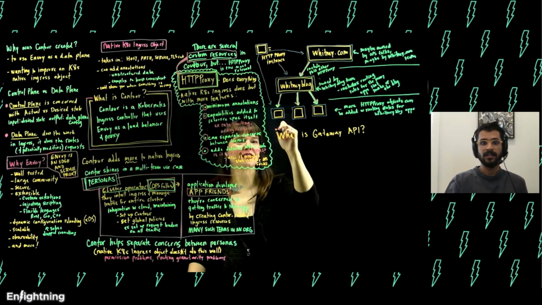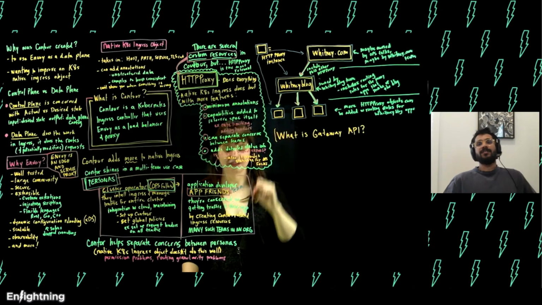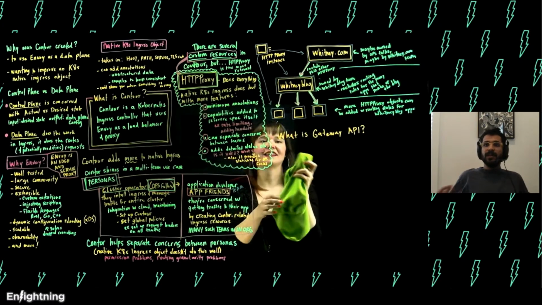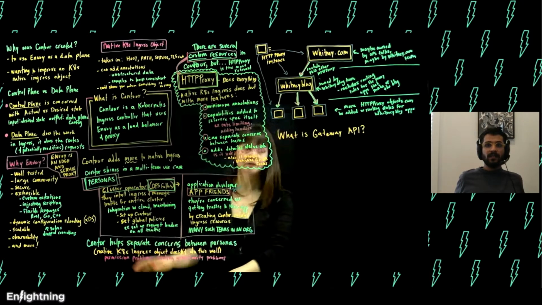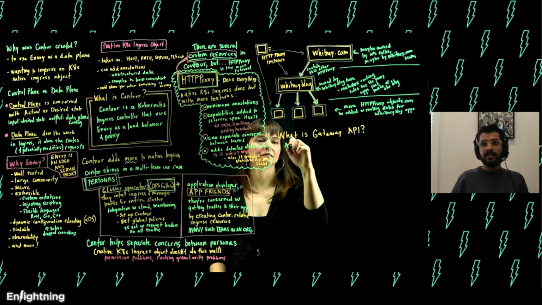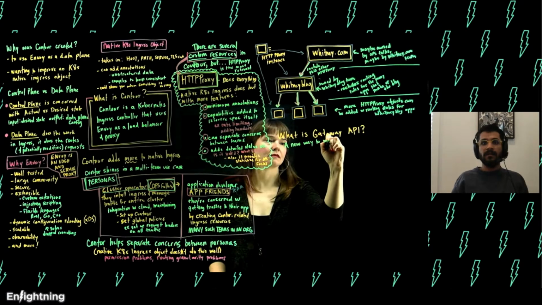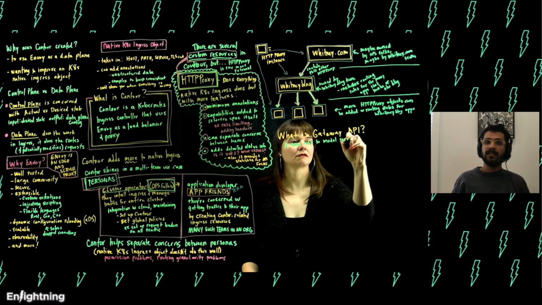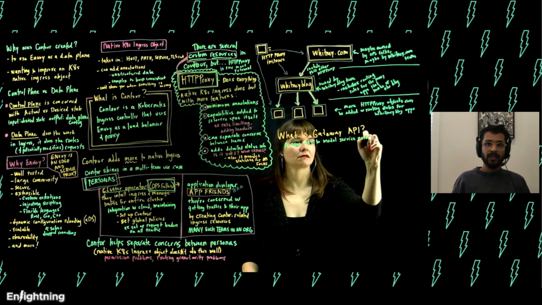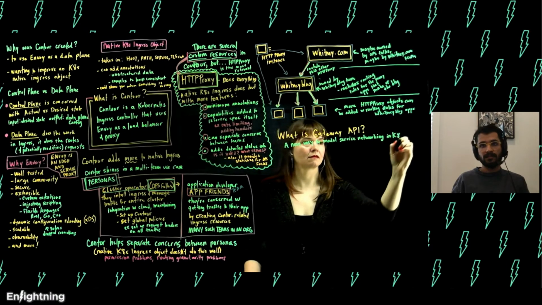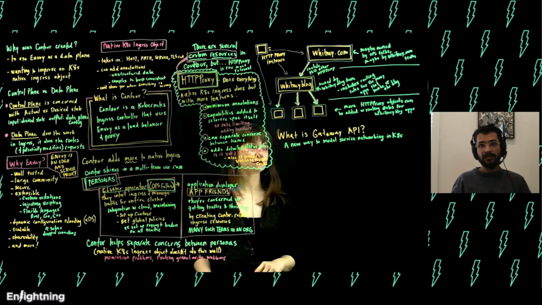So what is Gateway API? At a high level, it's a new way to model service networking and ingress and service mesh in Kubernetes. It spans many different subject areas, but in the context of ingress and Contour, it's a new way of modeling service networking that is represented by a collection of resources, as opposed to Ingress being just one, and HTTP proxy pretty much just one resource.